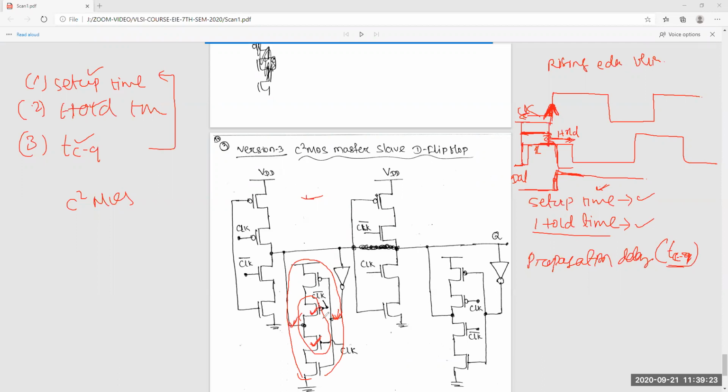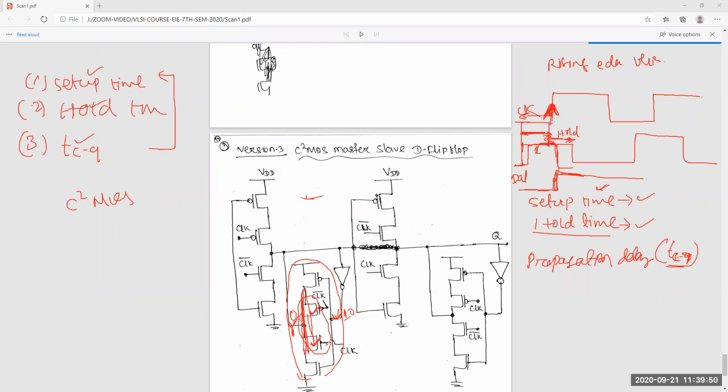It depends upon the clock value. Once these two are on, this is a short circuit, so it depends upon this value. If this is 1, you will get 0; if this is 0, you will get 1. This is an inverter actually. But sir, when clock is 1, both PMOS and NMOS are on.